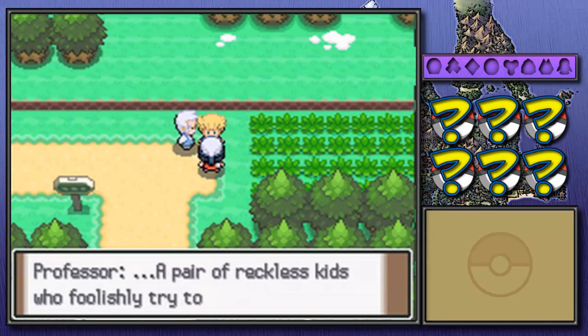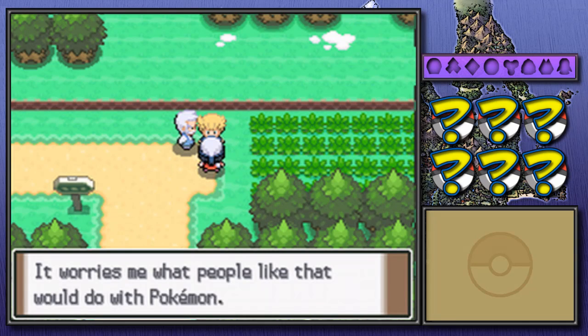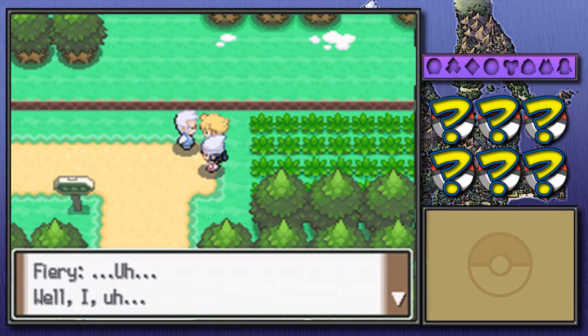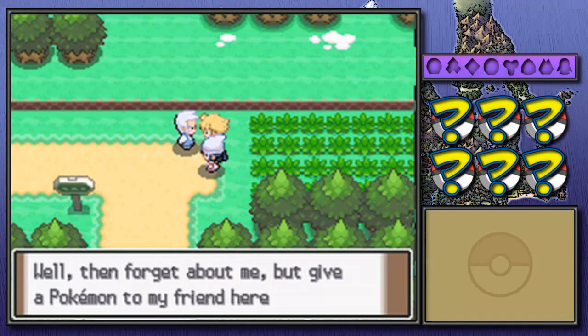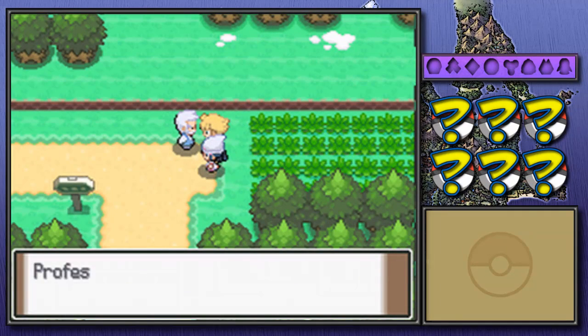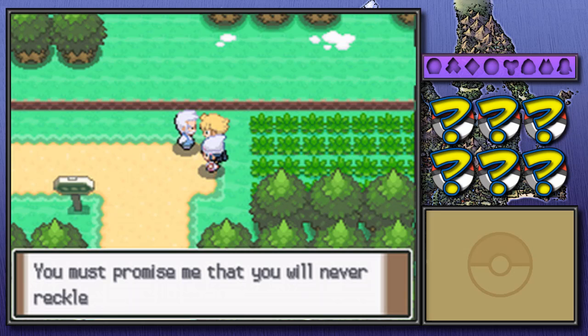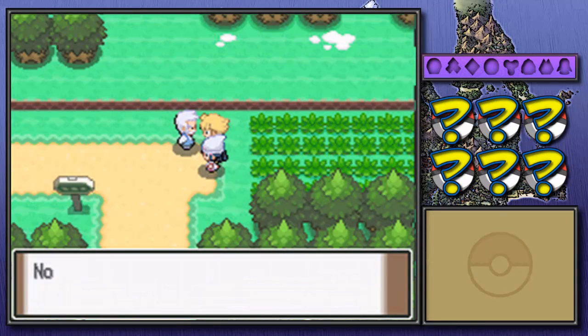Yes. A pair of reckless kids who foolishly try to enter tall grass without Pokemon of their own? It worries me what people like that would do with Pokemon. Well, then forget about me, but give a Pokemon to my friend here. I mean, it was me who tried to go into the tall grass and all. How big of you? Very well then, I will entrust you too with Pokemon. I apologize for putting you through that exercise. However, you must promise me that you will never recklessly endanger yourselves again. Now then. Now where...